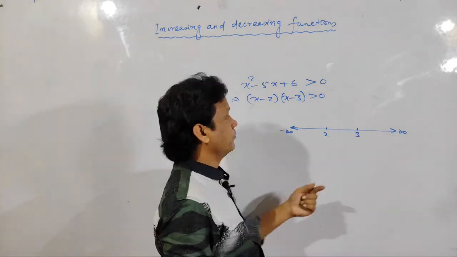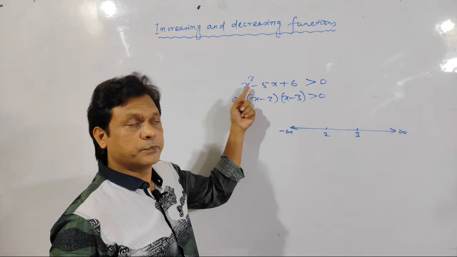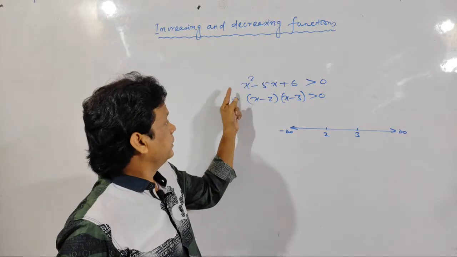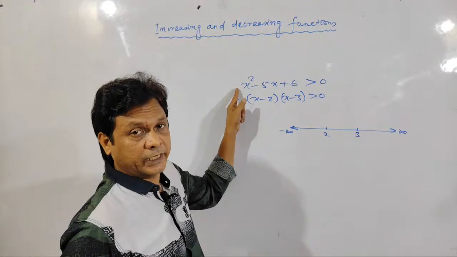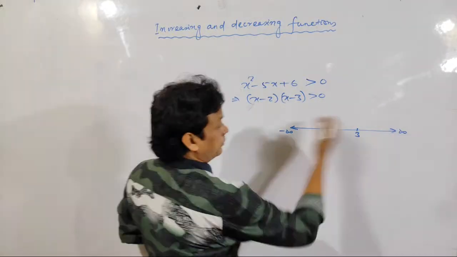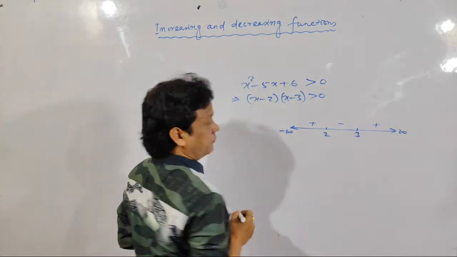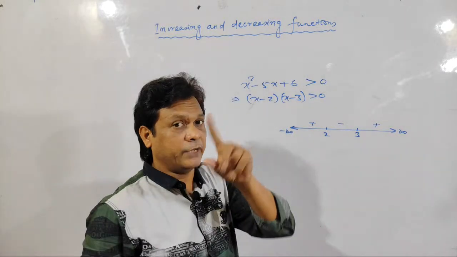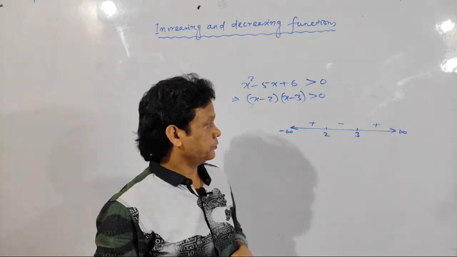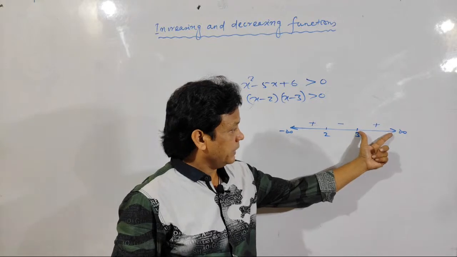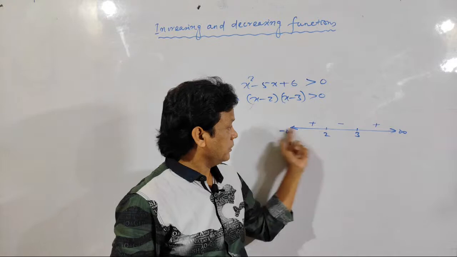right hand side. And what is the coefficient of x square? Whether it is positive or negative? It is positive. So you should find the sign of the highest power of x, whether it is positive or negative. So now it is positive. So come from right. Positive, negative, positive. One example I am giving you, the particular case. Then you can apply directly. This interval is greater than 3, and this interval is 2 to 3, and this interval is less than 2.